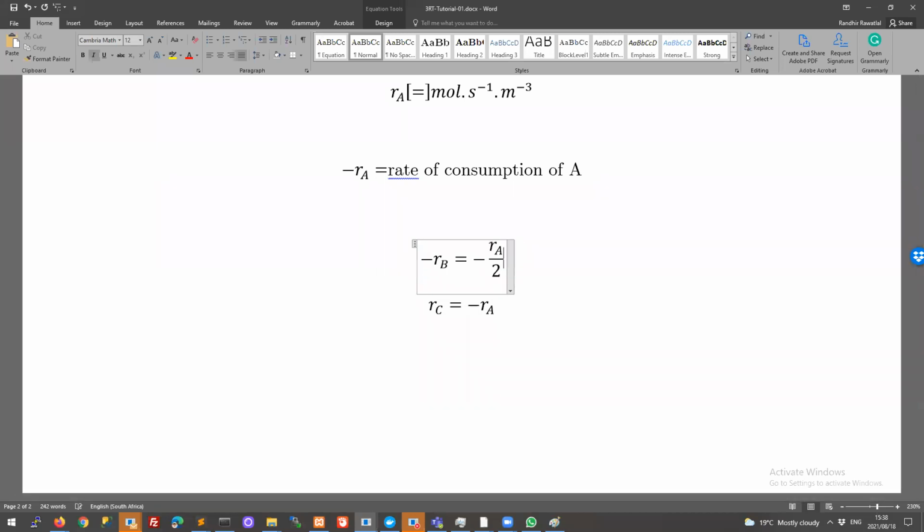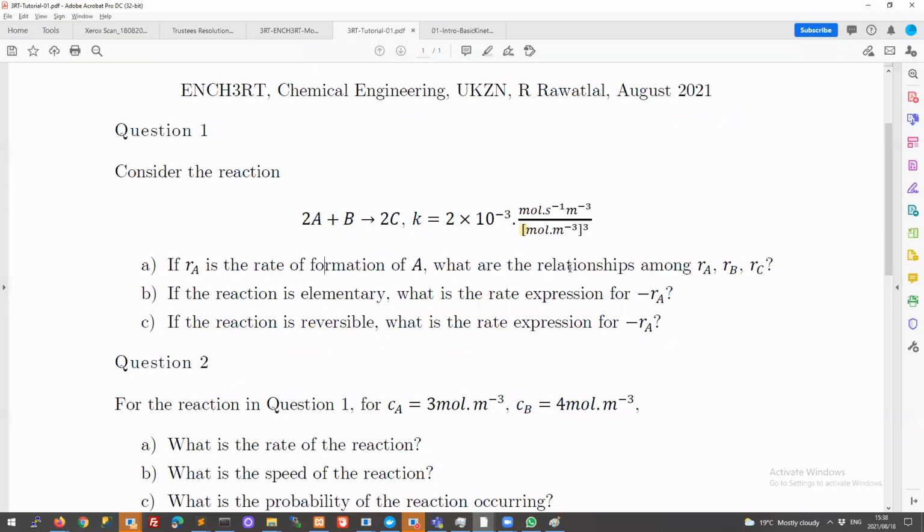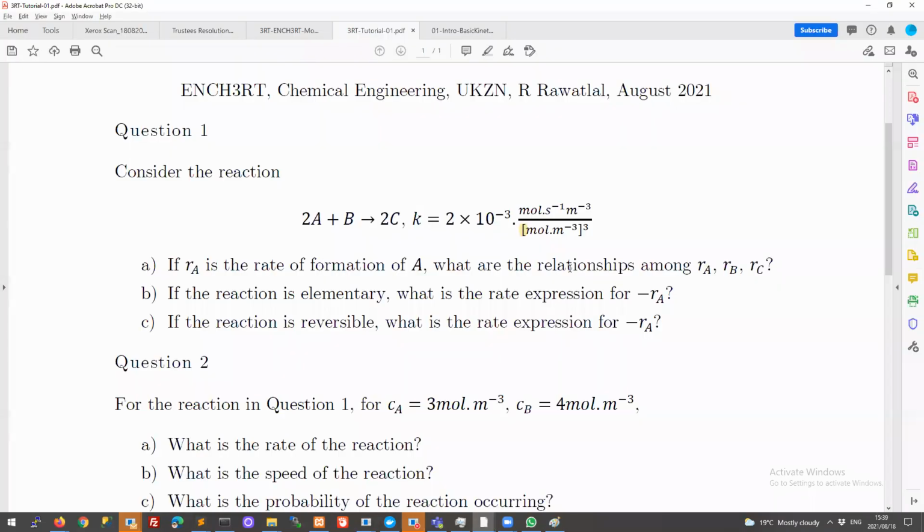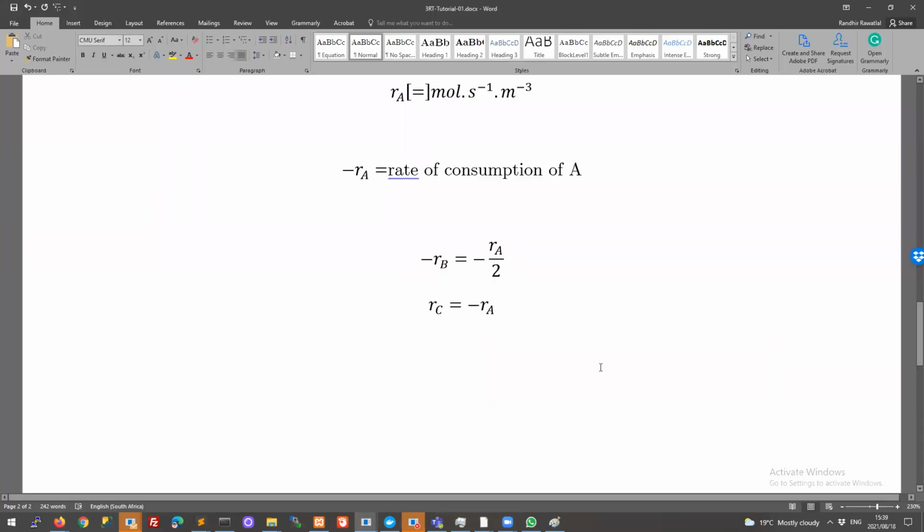Right, so that's why Jonathan says it's R_B equals a half R_A. Now we have to figure that out, and you can see it's quite easy to make a mistake there. Some of you may have written R_B equals 2 R_A. So in fact, the general rule we can write is that